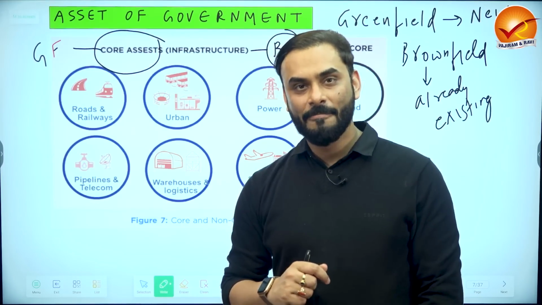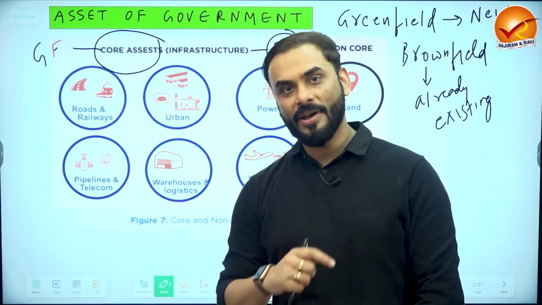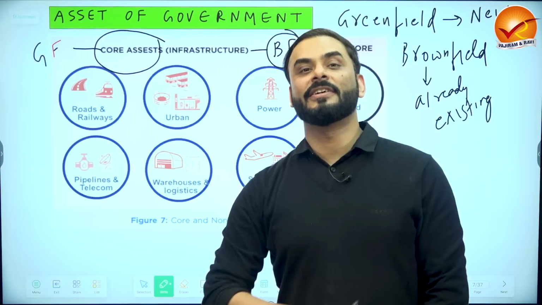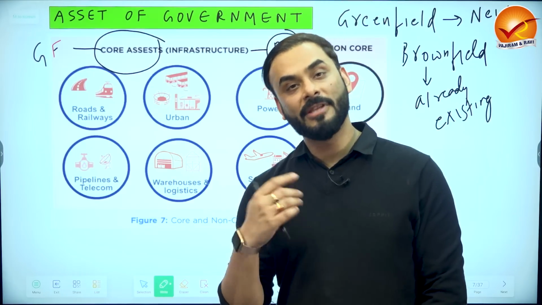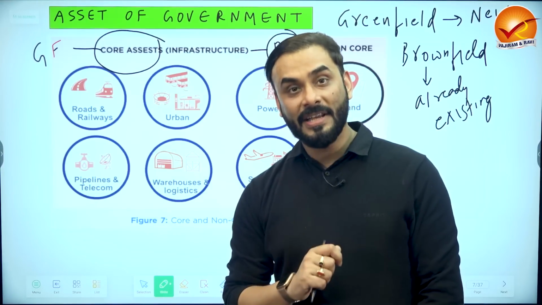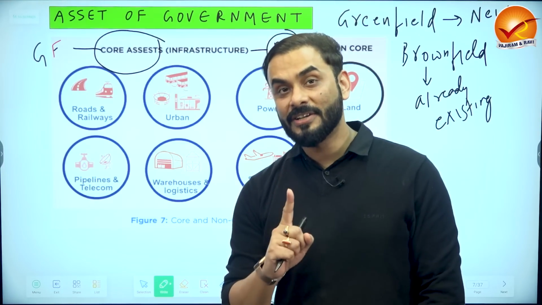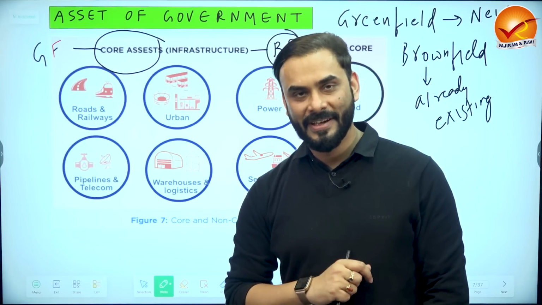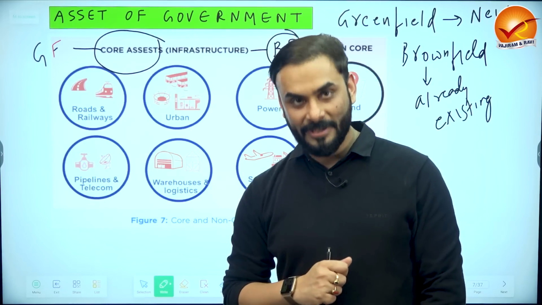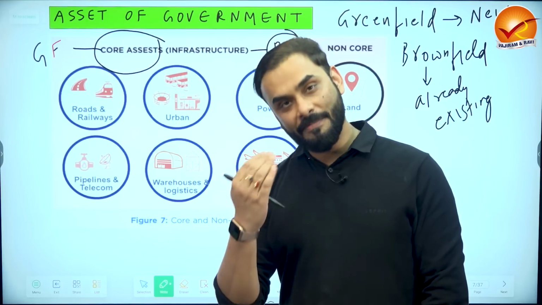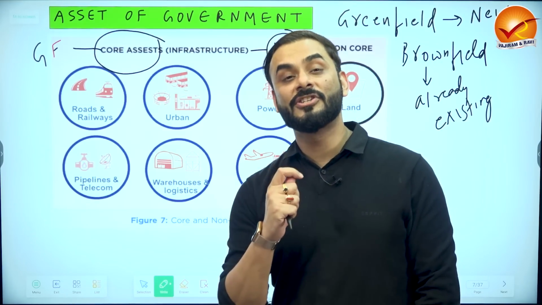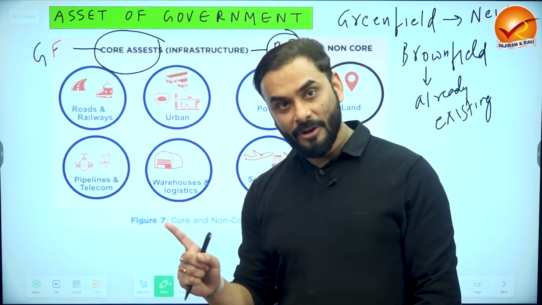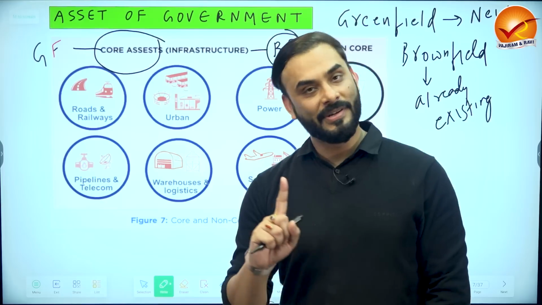So Government of India picks up a damaged road, etc., or an airport, and the government gives that road or airport to private sector for a fixed period of time, 30 years, 50 years. And the government tells the private sector that private sector has to repair and maintain that airport and road for 30 years, 50 years. Private sector can collect money from people, and private sector has to keep some part of the money, and rest the private sector has to give to the government. So in this model, both the earning of the private sector happens and government also earns some amount.